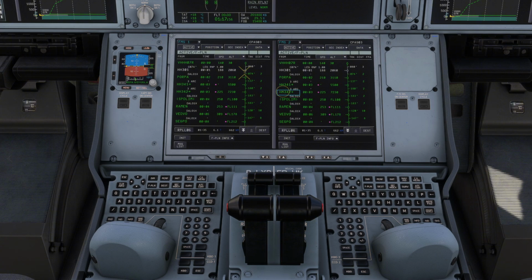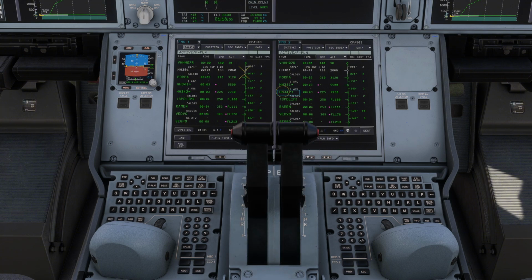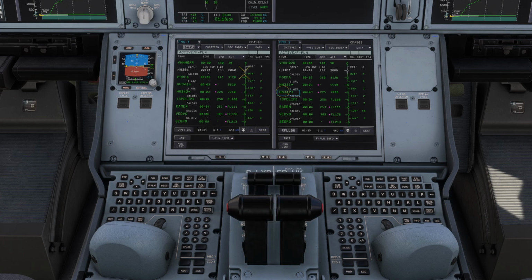So what you usually do is the thrust will go to TOGA, and in a second back to climb,